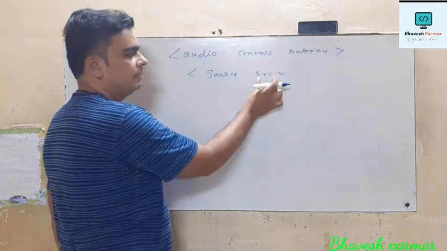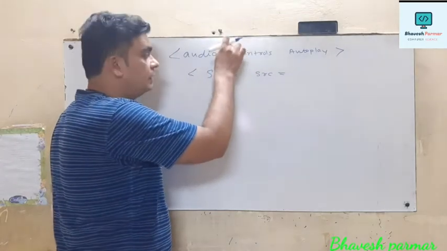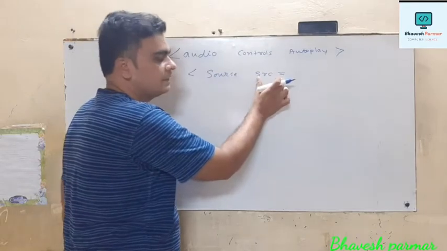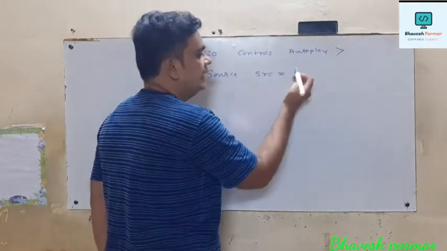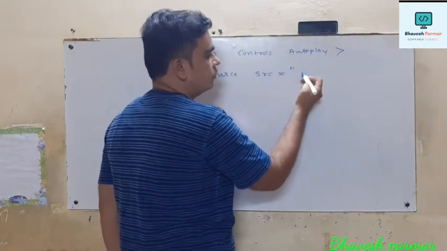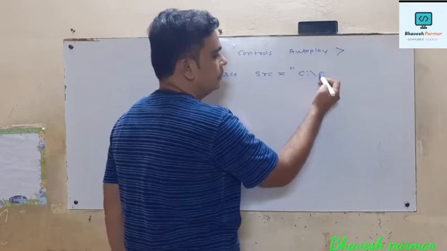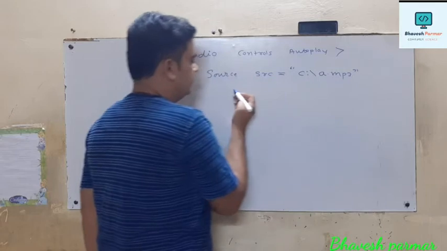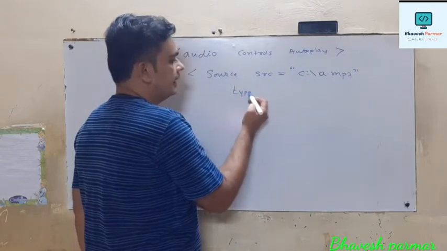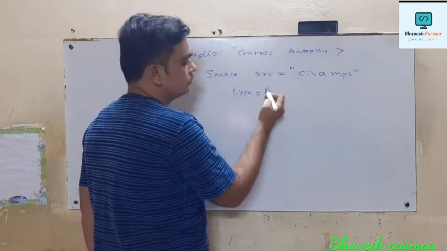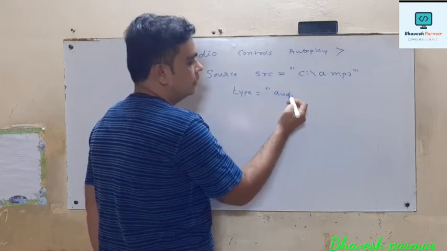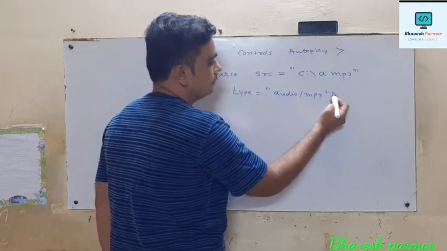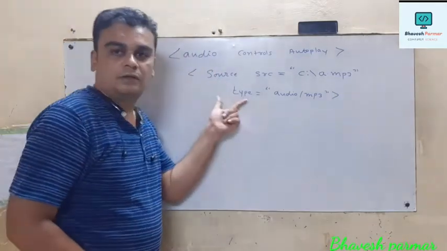In that source tag we have to use the attribute src. Generally we mention the source within the audio tag, but now within this source tag I have to use the src attribute. This indicates the actual path of that audio file. So I am using a.mp3, then thereafter I am using type is equal to, in double inverted commas, audio/mp3. So this is my one file.